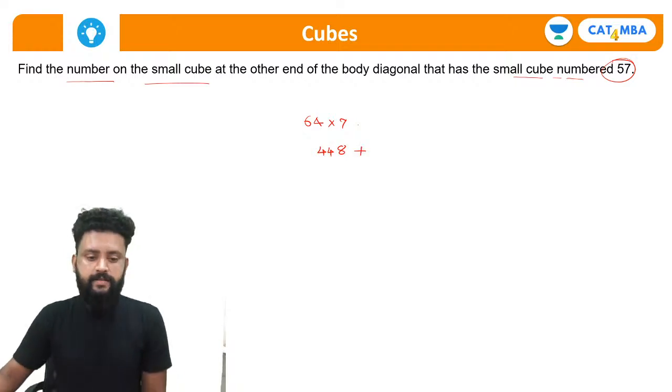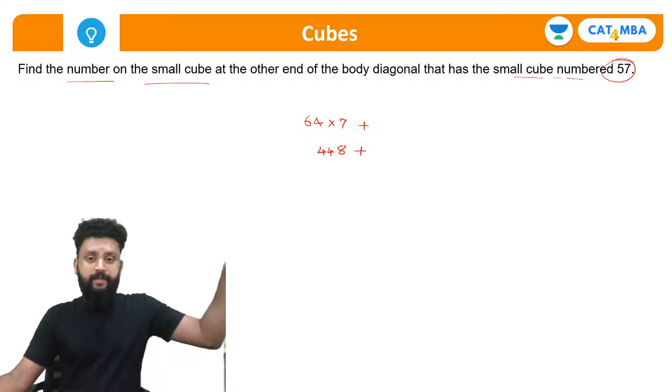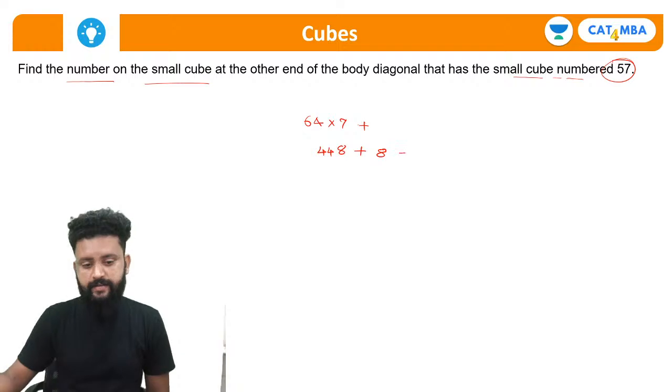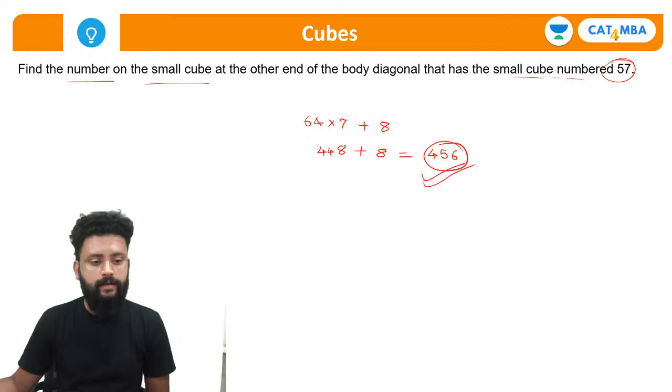Plus next layer, जब 8th layer हम लगाना शुरू करेंगे तो 8वें नंबर पे वो क्यूब आ जाएगा, so plus 8. So that's the answer. It will be 456. This is what you can say. Clear